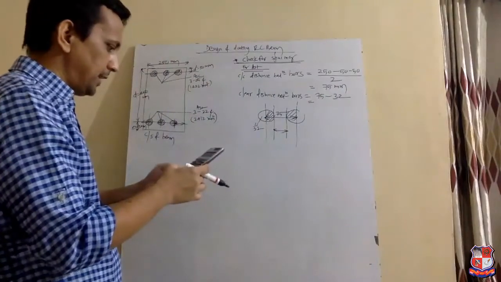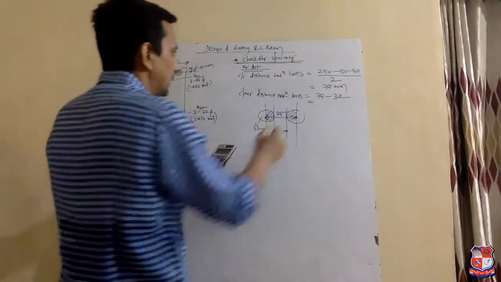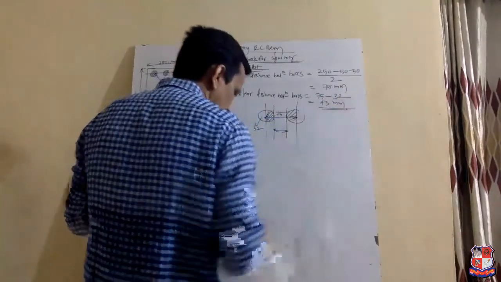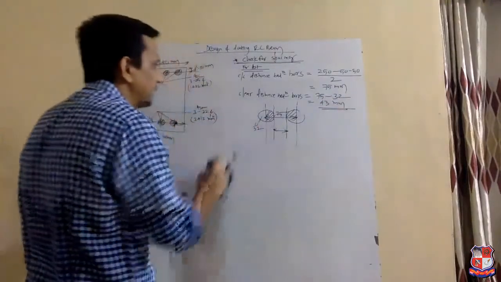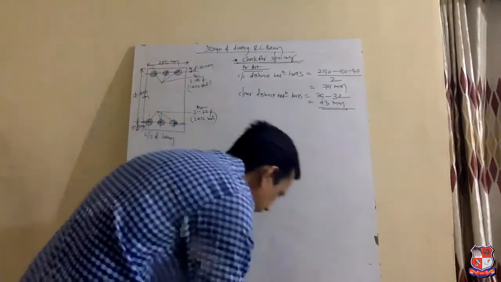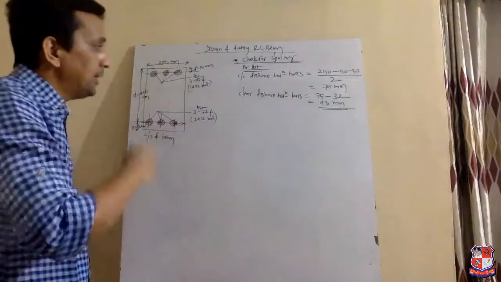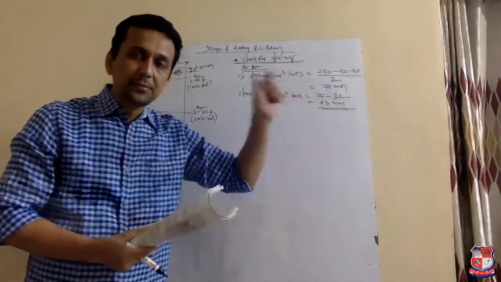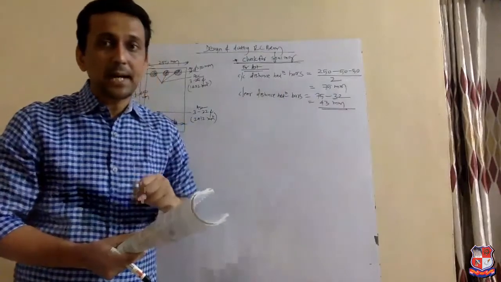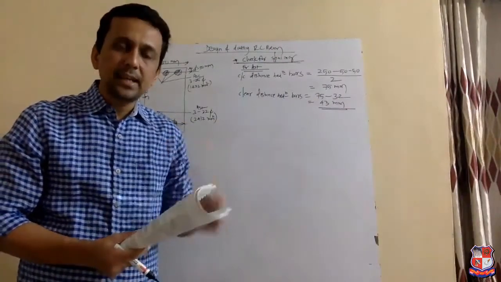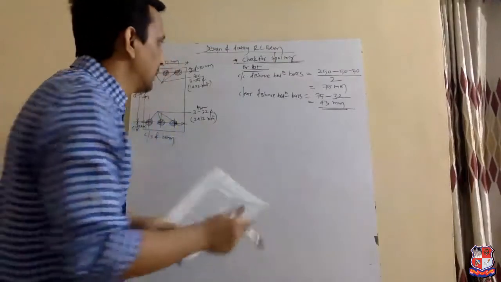In this way we get the clear distance between individual bars in the tension zone, and that is 43 mm. Now we have to check whether this 43 mm clear spacing between horizontal bars satisfies the IS criteria or not. For that,